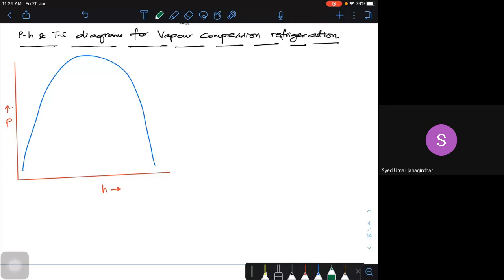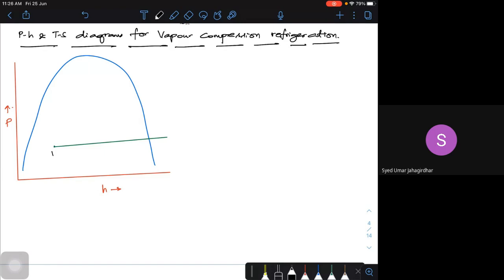Now, if I try to represent the process on it, heat absorption, say somewhere the refrigerant is not completely dry. After expansion, the refrigerant will be a little bit wet actually. Somewhere it has to start. So it will be going from this particular point and it will be absorbing the heat. I will show you what are the different things that can happen on the p-h chart. Suppose this is point 1.